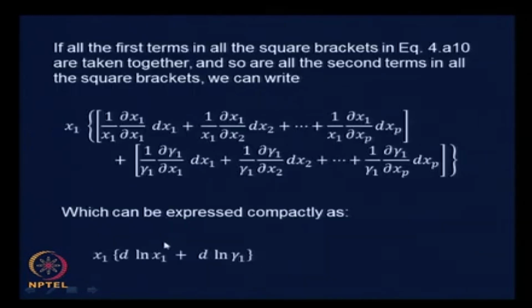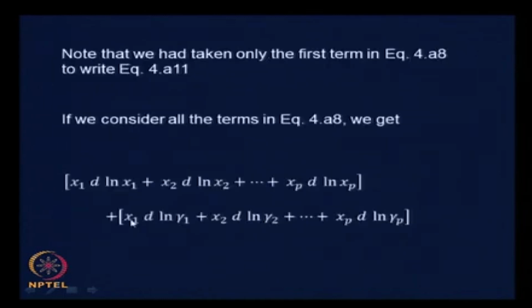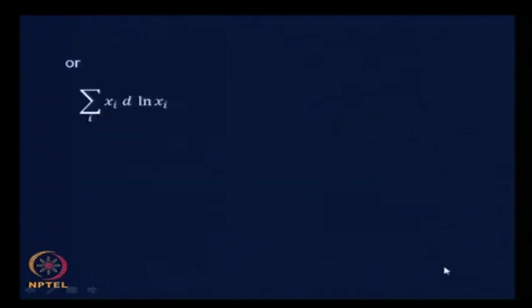which we went through together, we got for the first term alone x1 times d ln x1 plus d ln γ1, and if we considered all the terms and combined them appropriately, we got x1 d ln x1 plus x2 d ln x2 and so on till xp d ln xp, where p, remember, is the total number of components, plus x1 d ln γ1 plus x2 d ln γ2, and so on till xp d ln γp equals 0, which can be written as sum over xi d ln xi plus xi d ln γi equals 0,